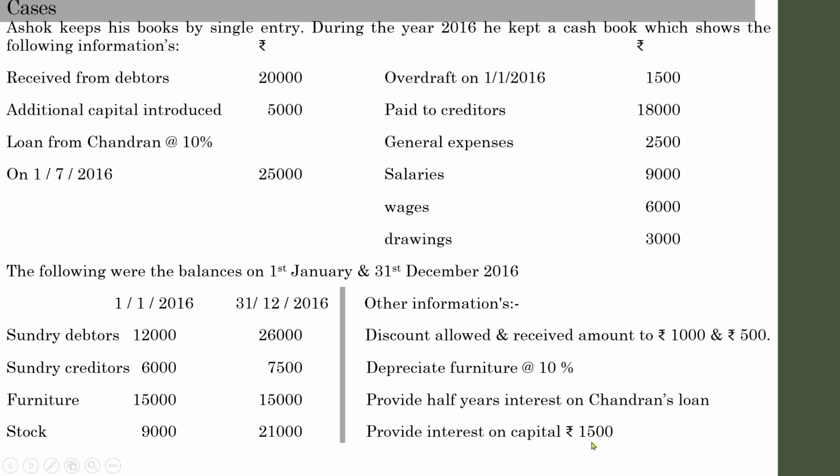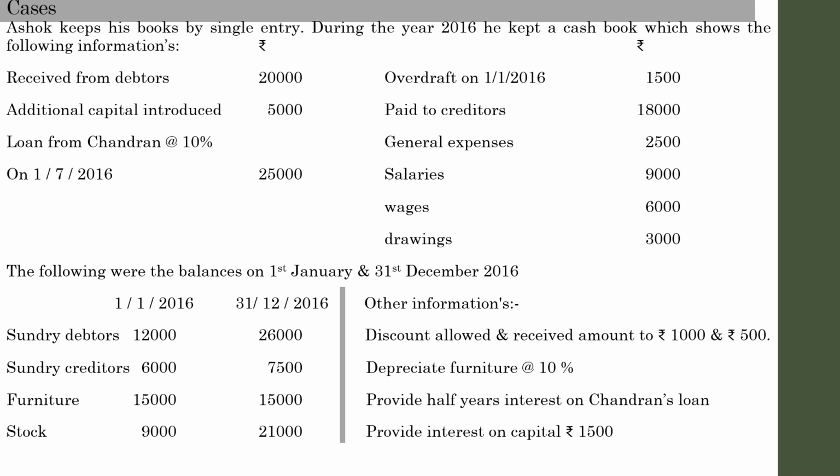Sometimes in the question they may specify a rate, such as provide interest on capital at 10% or 20%. So how are you going to provide interest? Because in the question there will be two capitals, opening capital as well as closing capital. Remember, interest on capital is given on opening capital. We will come to that part anyway. So let us go to the practical case. For the first case, that's why I have been explaining each and every point. From now on, I won't be explaining each individual case like this. I'm just giving you a clear idea of how to understand a question. So this is how you have to familiarize yourself with a question.